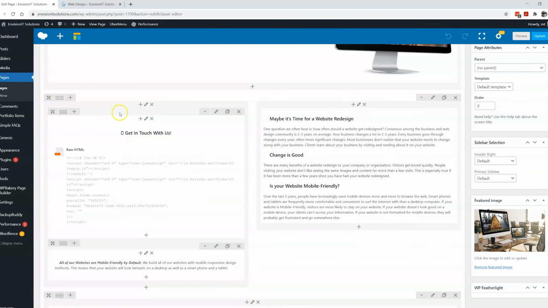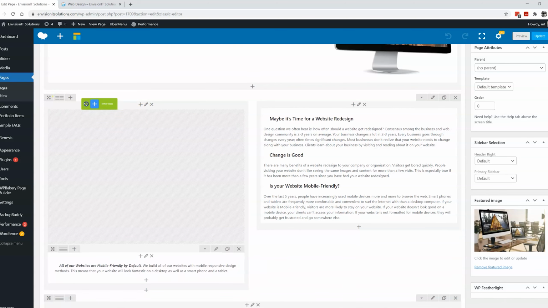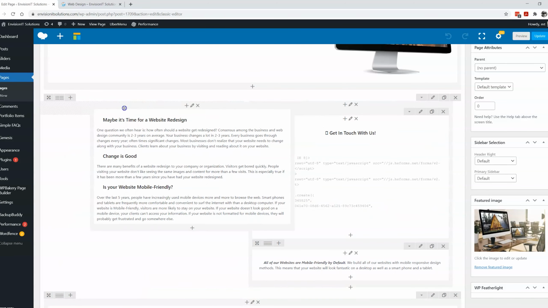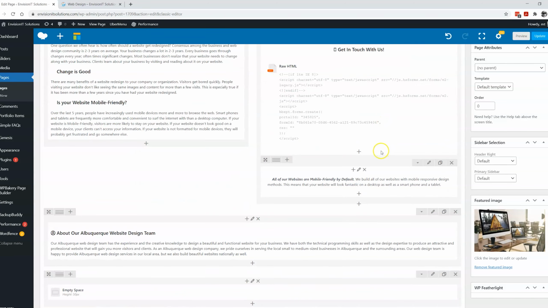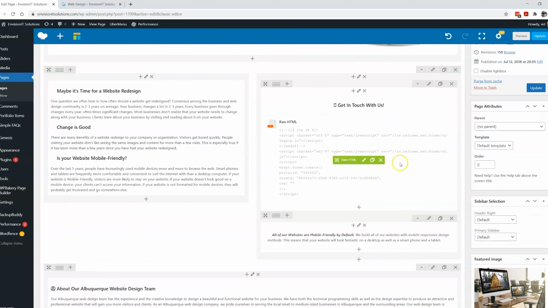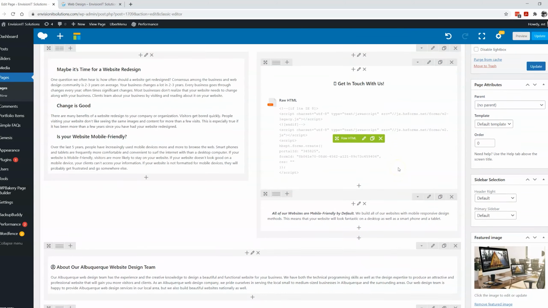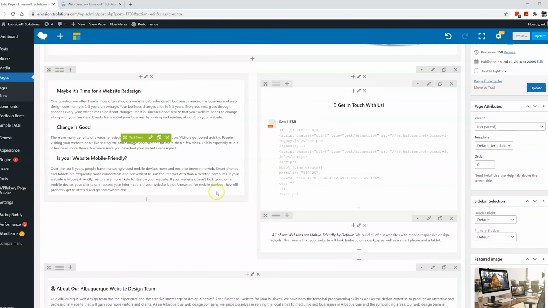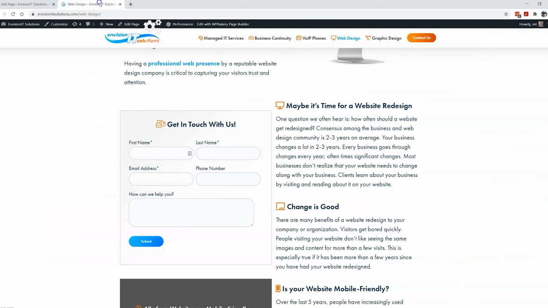That's really, to me, the beauty of a page builder, because you can do stuff like that without having to recode the page. If it's all in HTML, you don't have to worry about copying and pasting things. You just drag and drop for the most part. If you wanted this panel above this panel, you can do the same thing. Basically, that is my